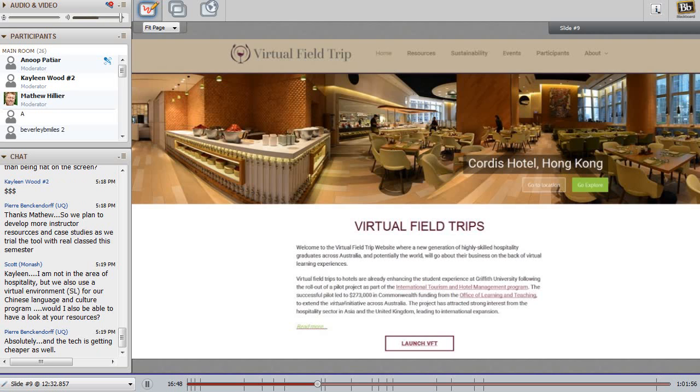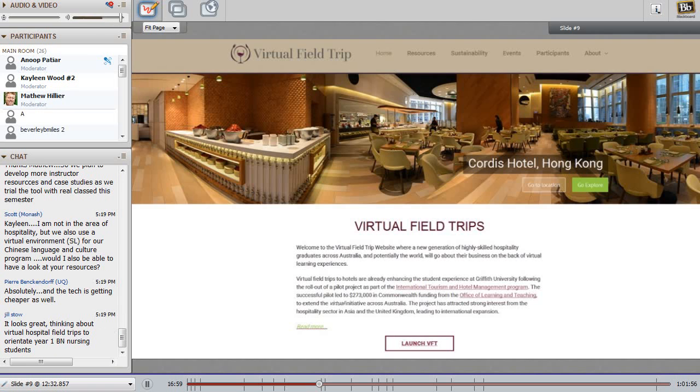And it also has information about their web links. And then the last link is about us, and it has information about all the project members. It has information about the multimedia team who is supporting in the background, developing the whole virtual field trip.